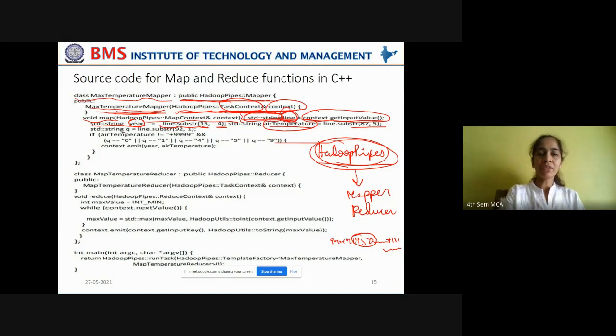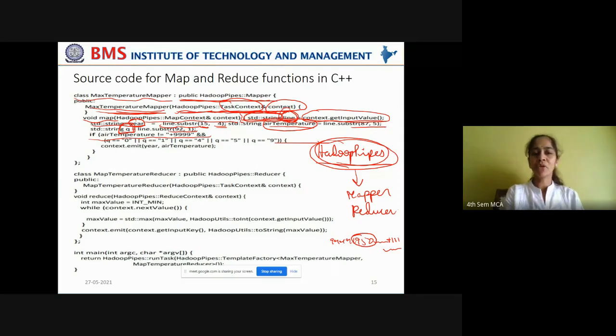And finally get the quality code also. Observe this here. You're creating a string variable q to fetch the quality code, and that quality code exists at index number 92 and it spans just 1 character, 1 or any other number. If it is 1, yes, it is properly captured. If it is any other number, it is an erroneously captured air temperature. Okay, for that we have taken the quality code. Now we are checking the intactness and genuineness of the air temperature that is captured. How are you checking?